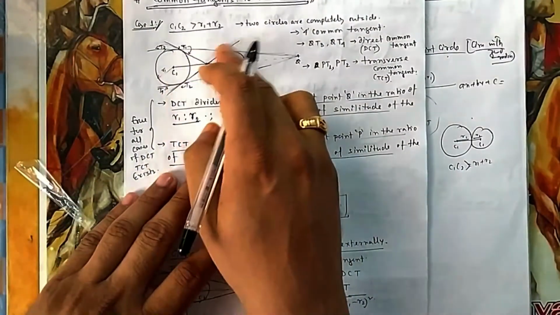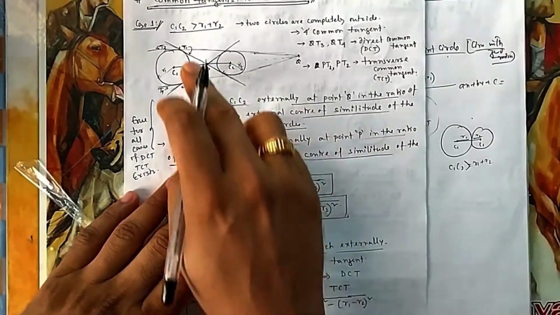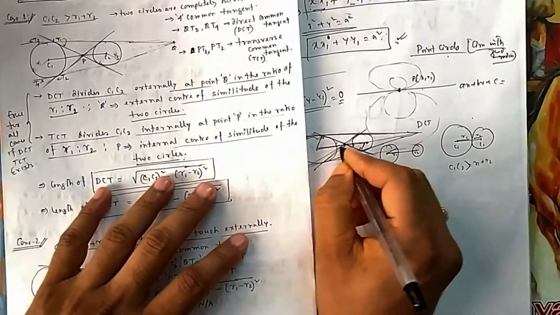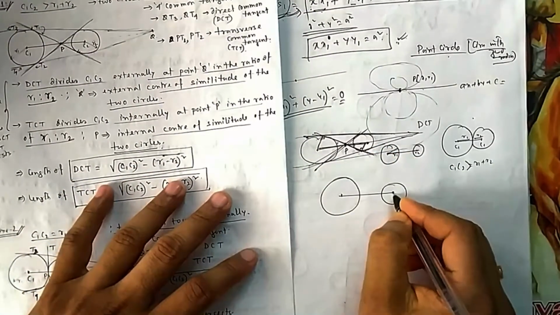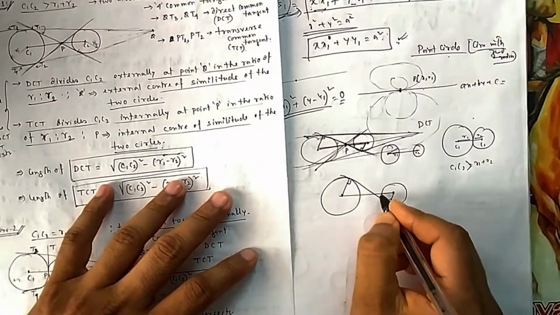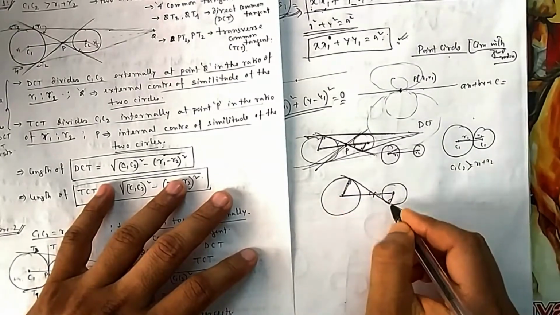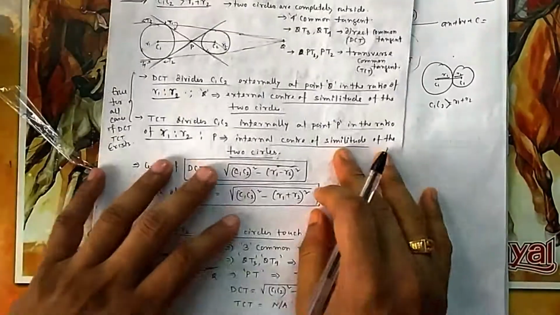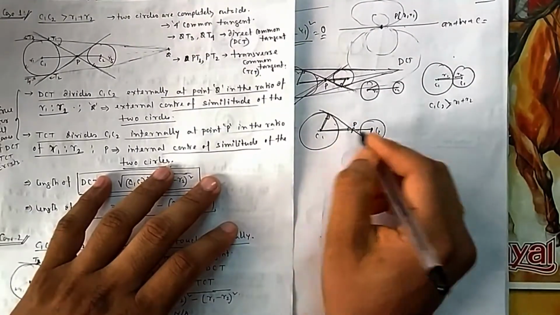So you can see the first one. Suppose the transverse common tangents meet each other internally. They will divide C1C2 internally at this point P in the ratio R1 is to R2. That's what I was telling you about. Suppose this is a circle; you can prove it easily, but I am doing one proof. If you say this is 90, this is 90, and these are opposite, then these 2 triangles are similar, so the ratio of similar sides will be equal. So from that idea, it divides C1C2.